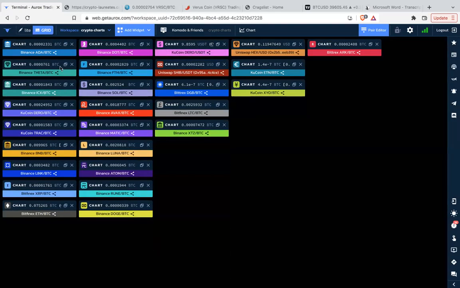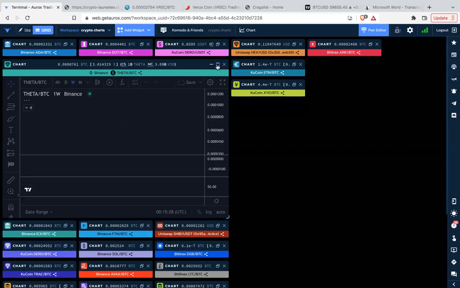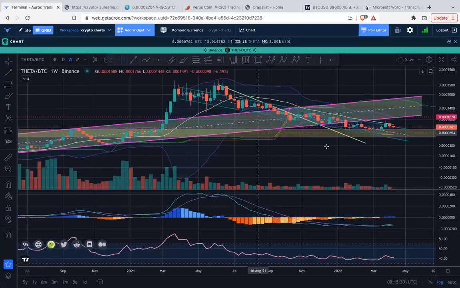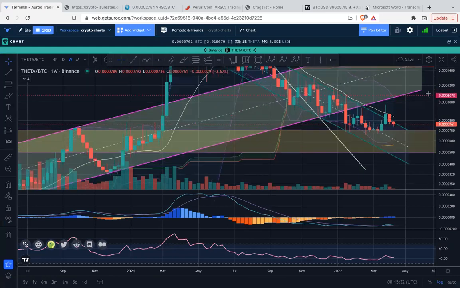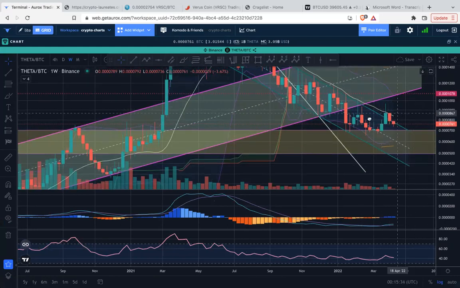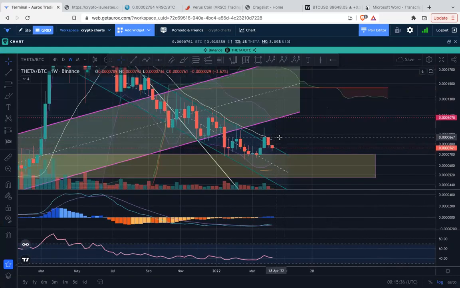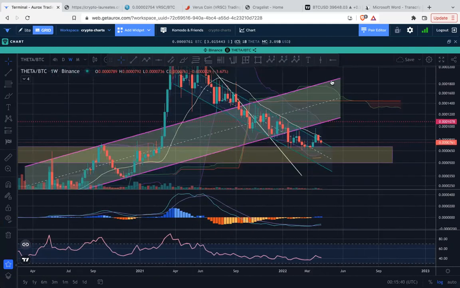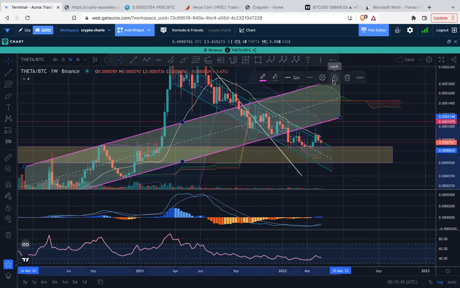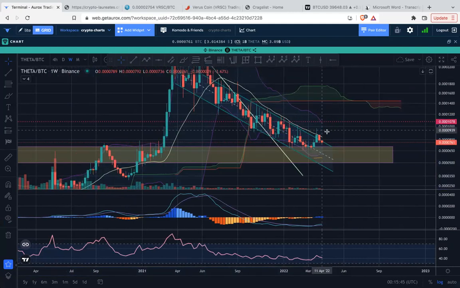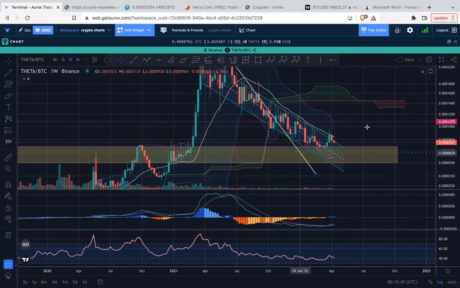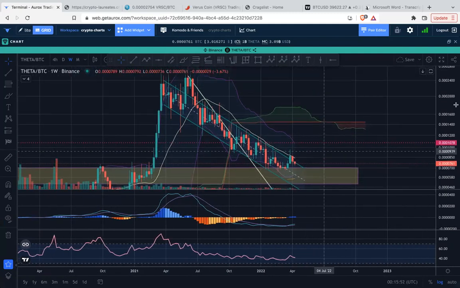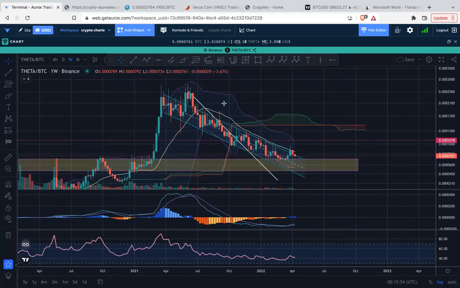Let's move to the Theta price chart today. Theta also pushed up to the 20-week moving average. I get the sense that's going to be a theme for many of the alts. I think we're going to also get rid of this channel now. We're done with you. Let's get rid of you. We're still playing within this green channel. And then I'm going to get rid of this one right here. We broke to the upside of that.